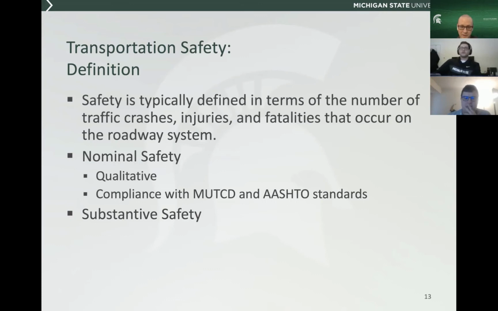And so, for example, if you look at the AASHTO Green Book, it's important to note that that's a design guidance document. Although I use the term standards here, I should note there are guidelines and standards. AASHTO basically has recommendations for the minimum curve radius, for the minimum curve length, for stopping sight distance, for various other cases. And so if a roadway is at or above those minimum standards or recommendations, we can basically say, well, it meets some minimum nominal level of safety, right?